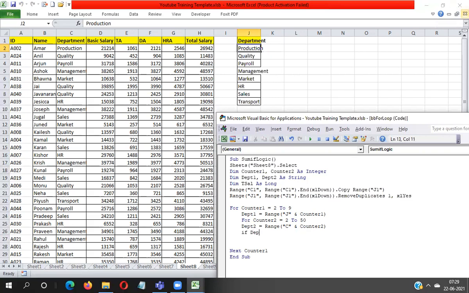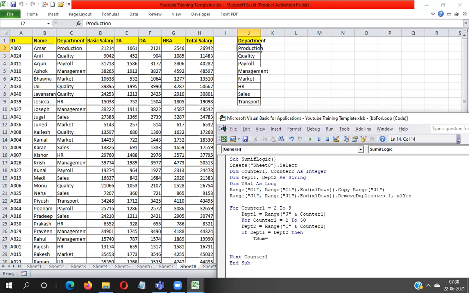If depth 1 equal to depth 2, then I have to take total salary and I have to aggregate the total salary. So what I will have to write here, T sum. T sum I have to store.